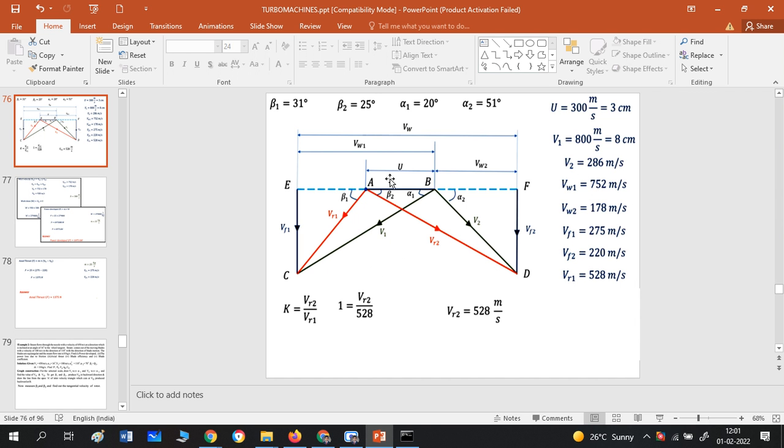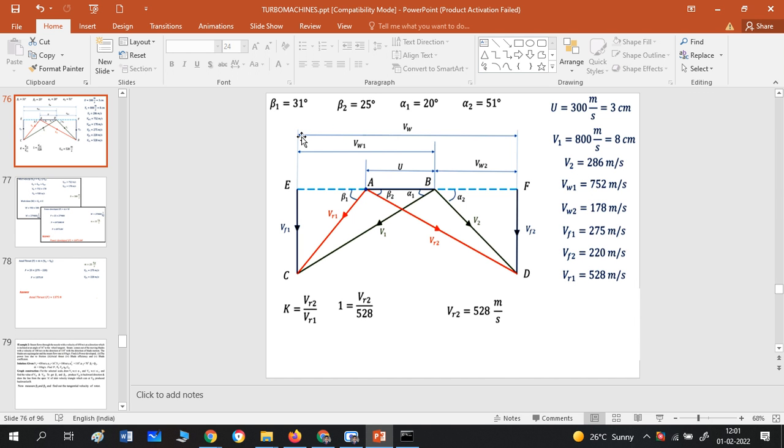Both will be equal. So here they have shown one diagram. It is to the scale or not to the scale, I don't know. But you can practice with pencil and scale and you can find out whether it is 528, the same, and how you'll see the velocity triangle. So VR1 is already drawn. Once you have drawn VR1, because A is fixed here, VR1 is drawn 528. You can find out beta 1. So beta 1 is how much? 31 degrees from the graph.